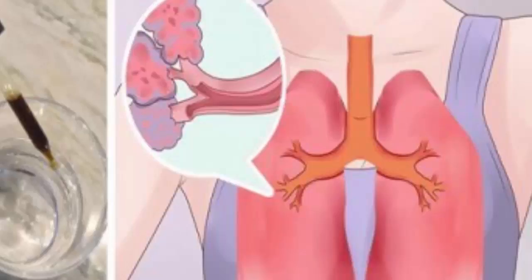Almost every one of you has experienced some kind of respiratory problem at some point in life, either a cold, allergic reaction, asthma, or just a runny nose. Yet, most people immediately reach for medicines to treat these issues, and their disadvantage is that they are high in chemicals and might lead to severe adverse effects. On the other hand, there is a highly effective natural lung cleansing tea which is extremely useful in the case